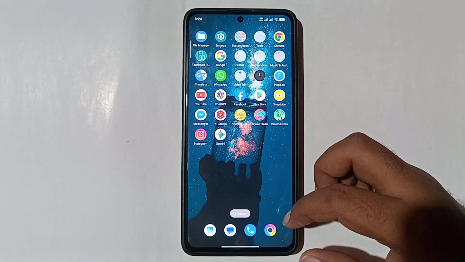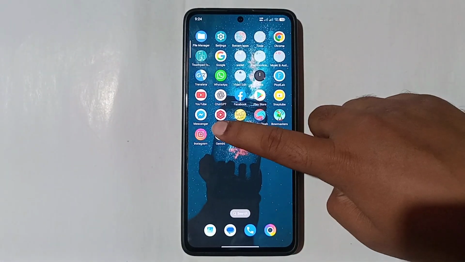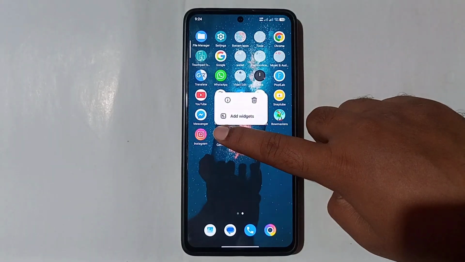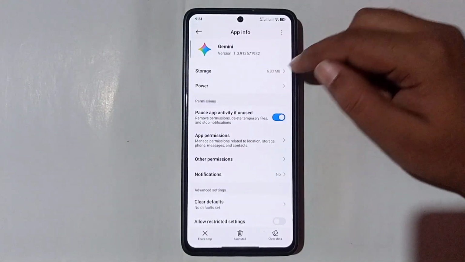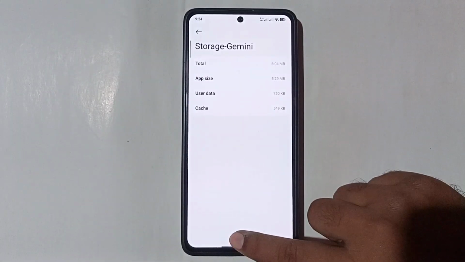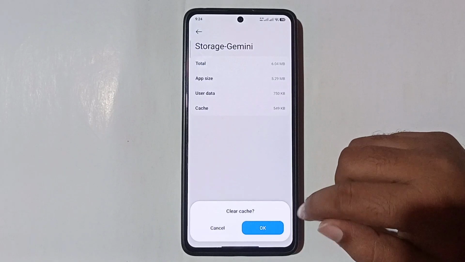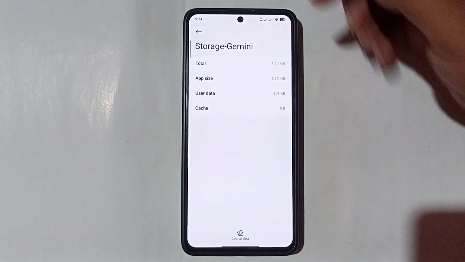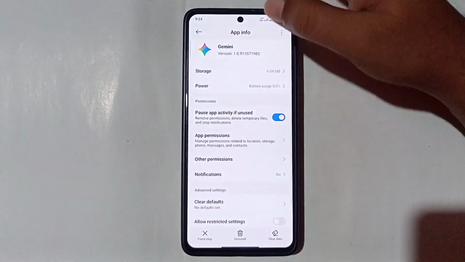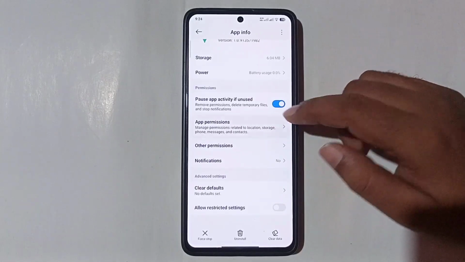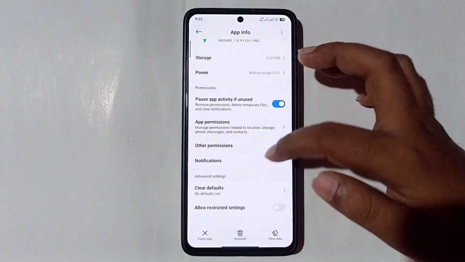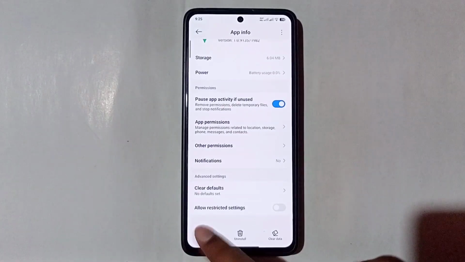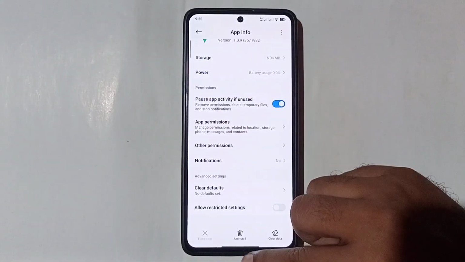For solving this problem, first of all, long press on Gemini app, tap and hold, tap on I button or app info, tap on storage, tap on clear data, tap on clear cache, OK to confirm, then go to previous page and make sure all permissions are allowed. Allow all permissions one by one, then force stop, OK to confirm, and go